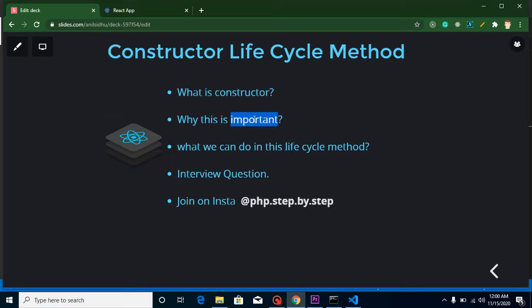The second thing is why this is important. Sometimes we want to define state, props, and some event binding before our DOM is ready, right? And we can do that in a constructor, because the constructor is called before our DOM is ready in React.js.